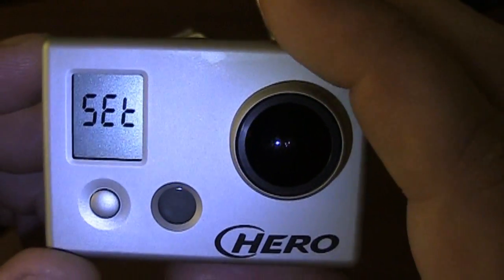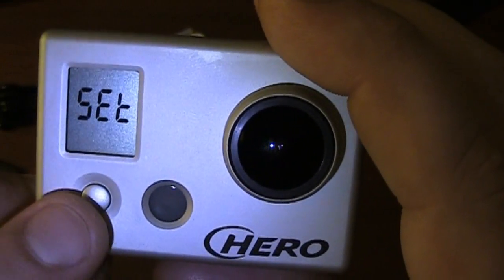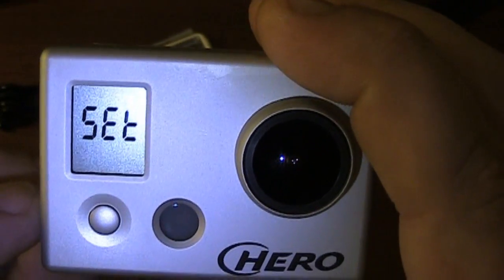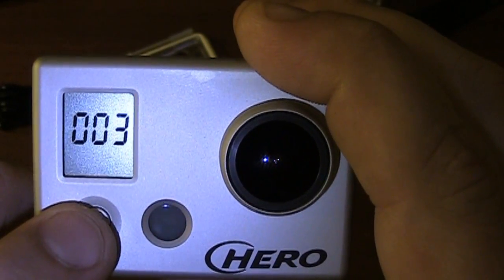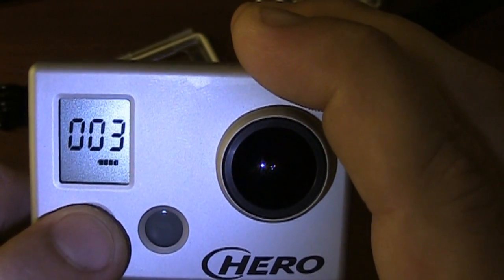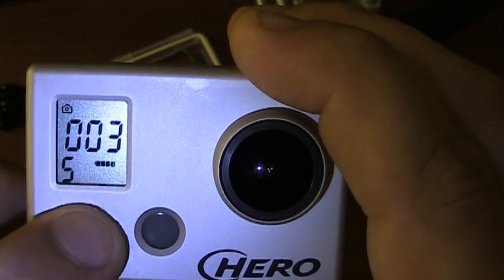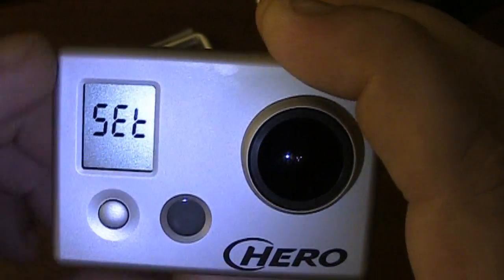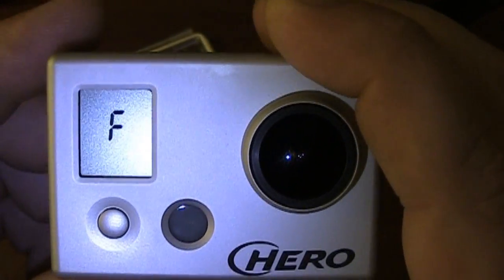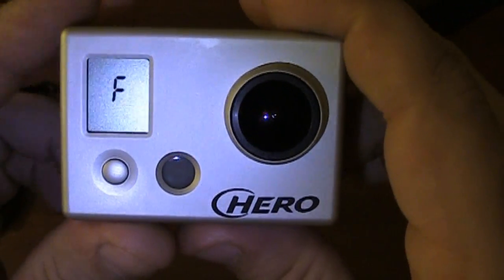So you're in the set mode. We want to go to the first set of the set mode. So we'll hit the set button. Oops. We will actually not hit the set button. We will hit the top button. Sorry about this. 3 seconds of your life you'll never get back. Hit the top button. The first section of modes you go to is just going to be the default